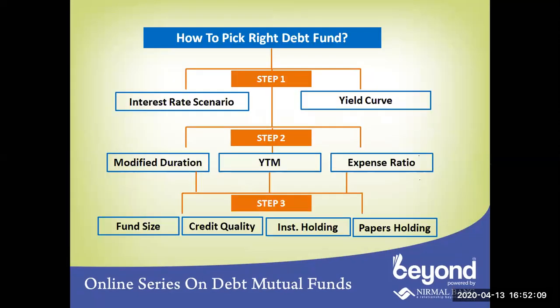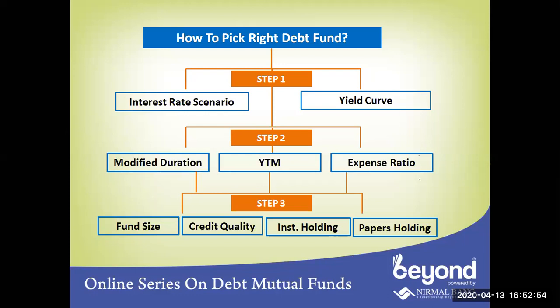So these are the 3 steps which we generally follow while selecting the fund. The first covers the full macro basis, the yield curve, the interest rate scenario, all the parameters. The second is all the portfolio stats, and the third is the fund's core portfolio, what the fund is holding. We do in-depth analysis in the third step. These 3 steps we follow in each and every category of debt mutual funds for coming out with a repo list. So this is our 3-step model.